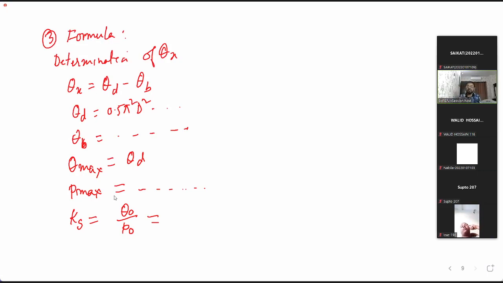Ks is equal to pi d to the power 4 divided by 128 mu LD. Okay, so we have already